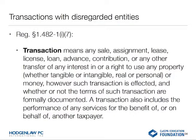And just to specify, to go into a little bit more detail about what types of transactions have to be reported with disregarded entities, there is a regulation that they use to describe these. Transaction for this purpose